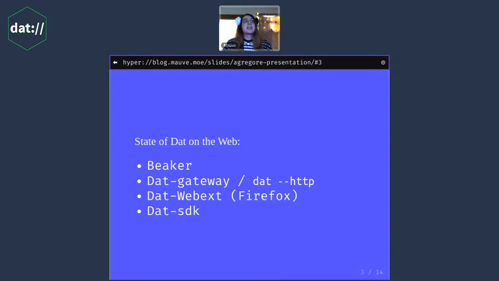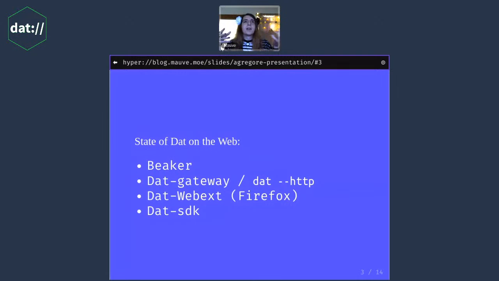And honestly, that's the thing that got me super into that in the first place. It's the idea of having a web browser and being able to author content and load it over this peer-to-peer network without having to use any servers, which was super exciting. But one limitation was that it's a new browser and